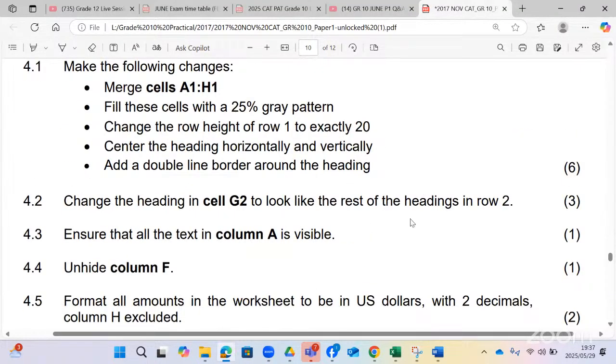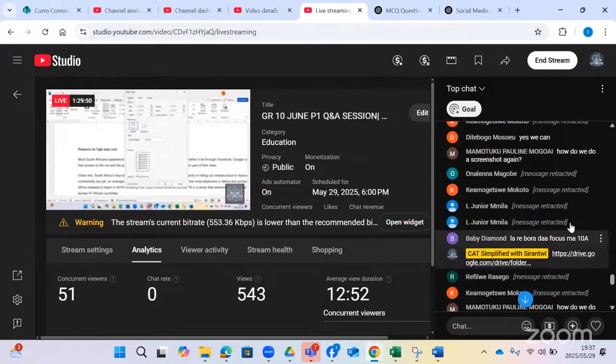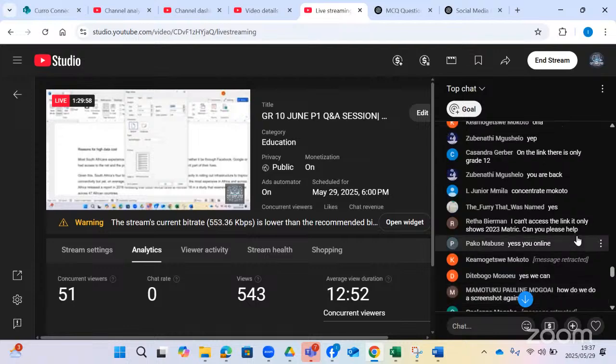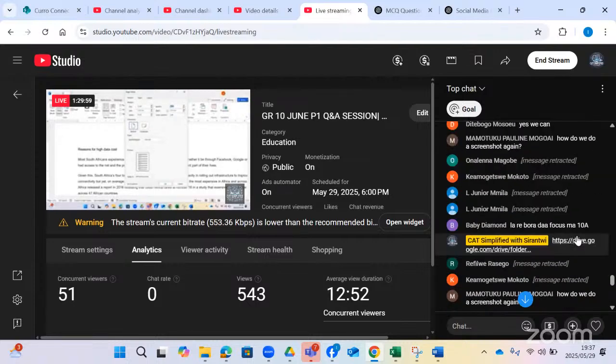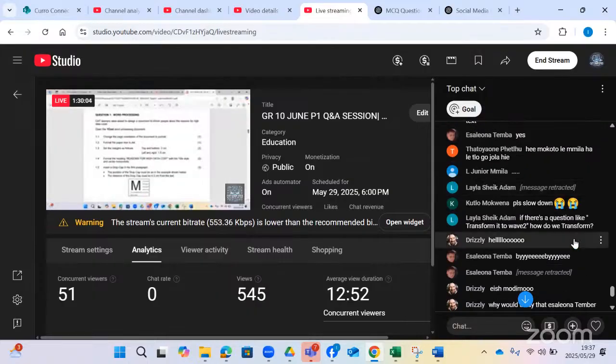Now, if there's no question, let me check if there's any question, then I can address everybody's question. Somebody says, how do we take a screenshot again? I'll show you how to take a screenshot. Someone is also asking,